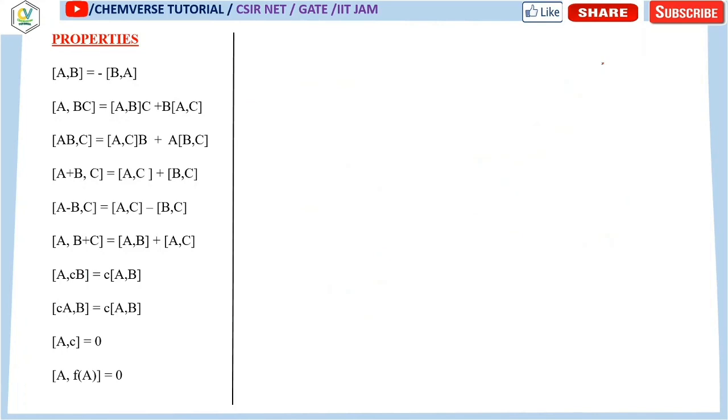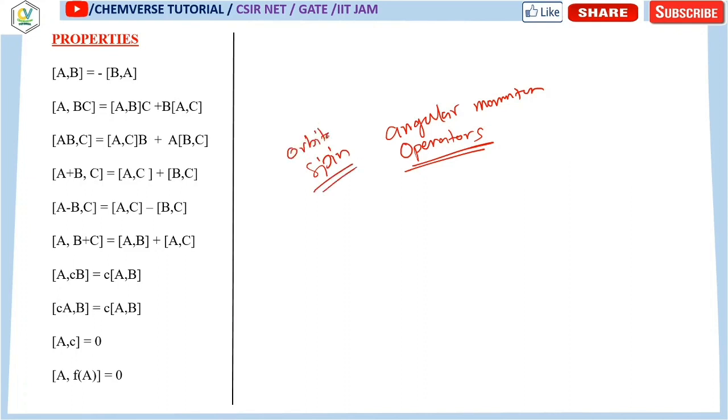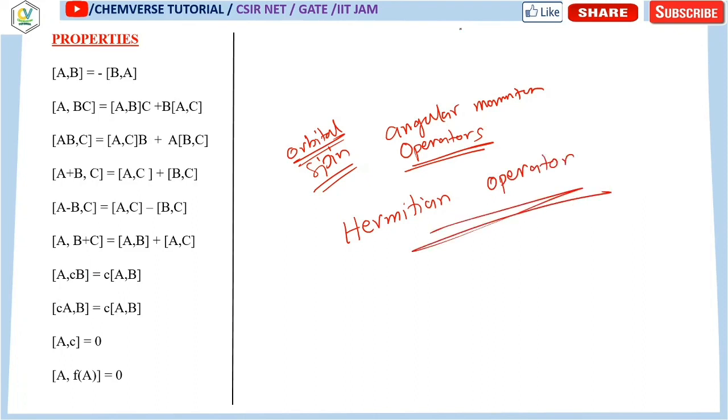Fine. So that's all for today. We have solved so many questions in this lecture. I think this will be very helpful for you. From my next class we will learn about the operators. We have already discussed some of the operators, but some operators were left, like the angular momentum operator. There are two angular momentum operators: one is the spin angular momentum operator, another is the orbital angular momentum operator. And there is another important topic, which is called the Hermitian operator. We will discuss that in the next lecture.